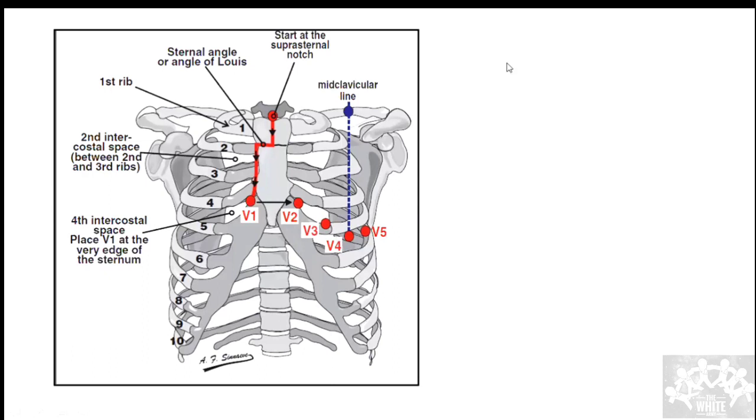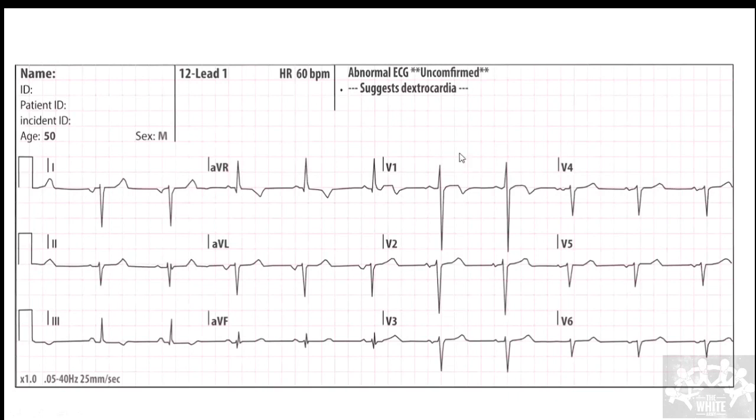Okay, clear? Where you place the leads? V1, V2, V3, V4, V5, V6. V1 and V2 are placed first, then place V4, then place V3. Then V6 is placed, then V5 is placed. Okay, fine. So I'll come to this one.